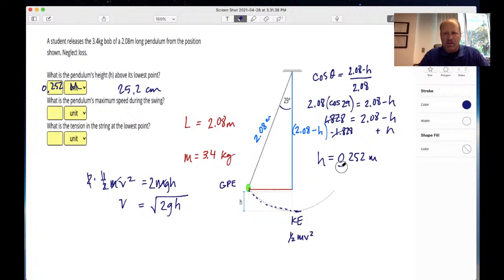H is this number. Take 2 times g times that number h, 19.62, and then take the square root of that, and you get 2.22 meters per second. And then what is the tension in the string at the lowest point? Well, that's easy. The tension in the string, remember from